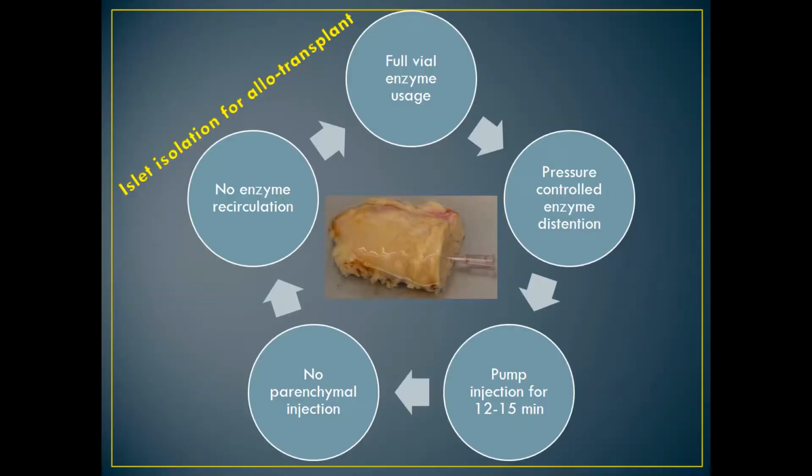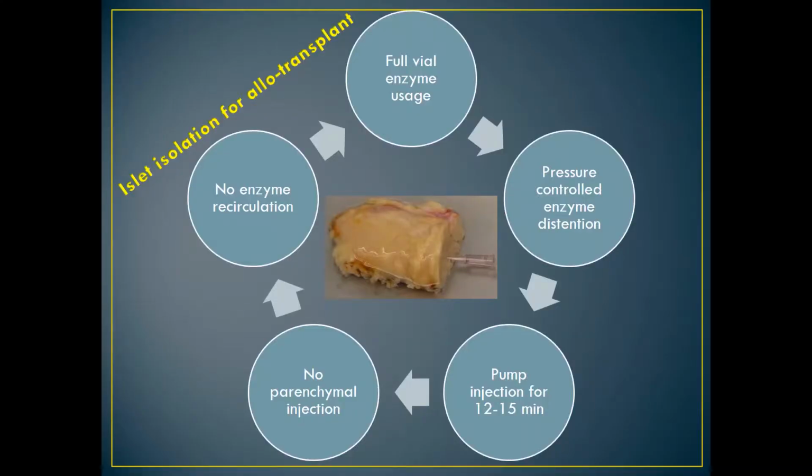The entire islet isolation process is well standardized, utilizing thousands of brain-dead donor research pancreases. These are the common steps we use to digest brain-dead donor pancreas for our islet allo-transplantation. Commonly, we use one vial of collagenase and protease for intraductal injection, and we use a pressure-controlled pump to inject the enzyme into the pancreatic duct, with a duration of 12 to 15 minutes. That's our standard enzyme injection duration. There is no parenchymal injection or enzyme recirculation in the case of brain-dead donor